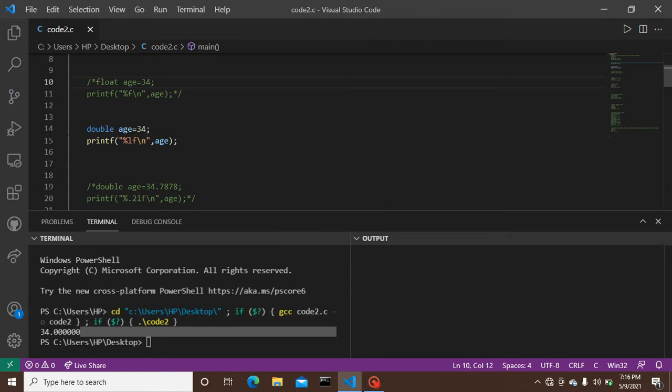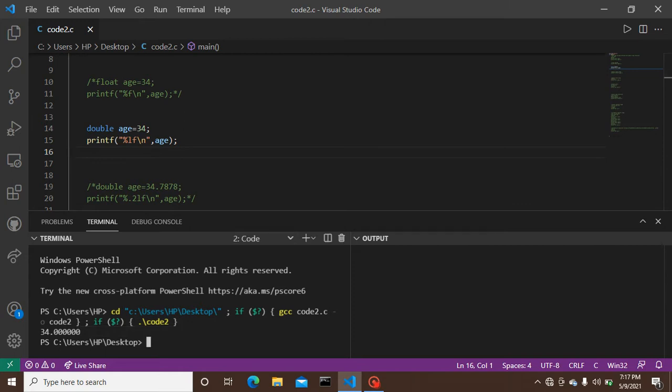In line number 10, as you remember, I had provided a float declaration, while here I have provided a double type declaration, that is, double float, and for this we have declared percent lf in the printf statement, so that the output will be of double float type.